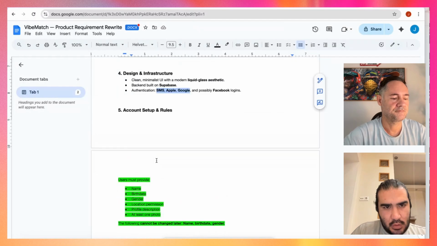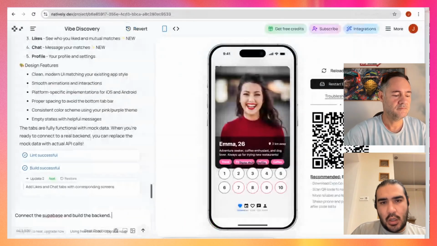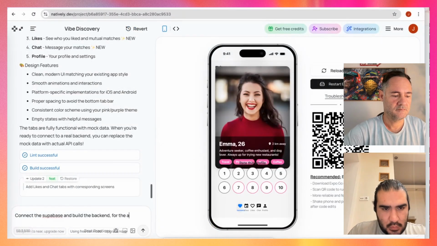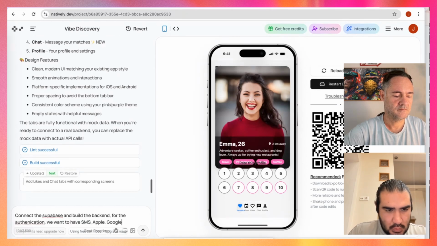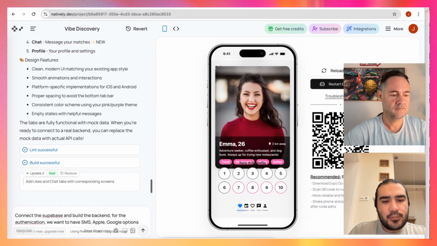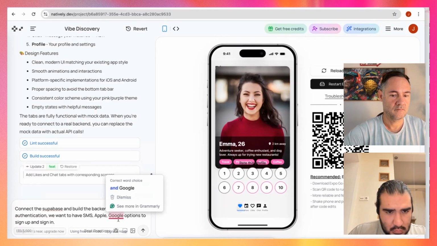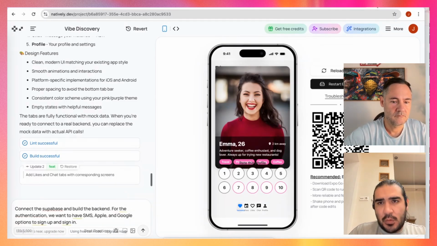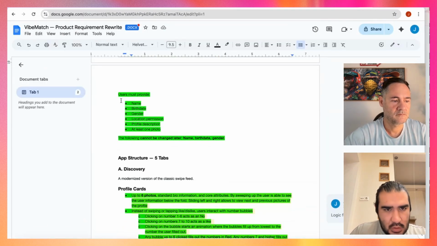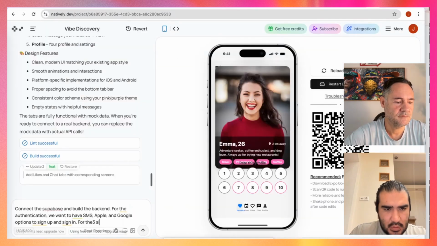We need one more thing. For the authentication, we want SMS and Google options to sign up and sign in. Let me put this one because we just need sign up.